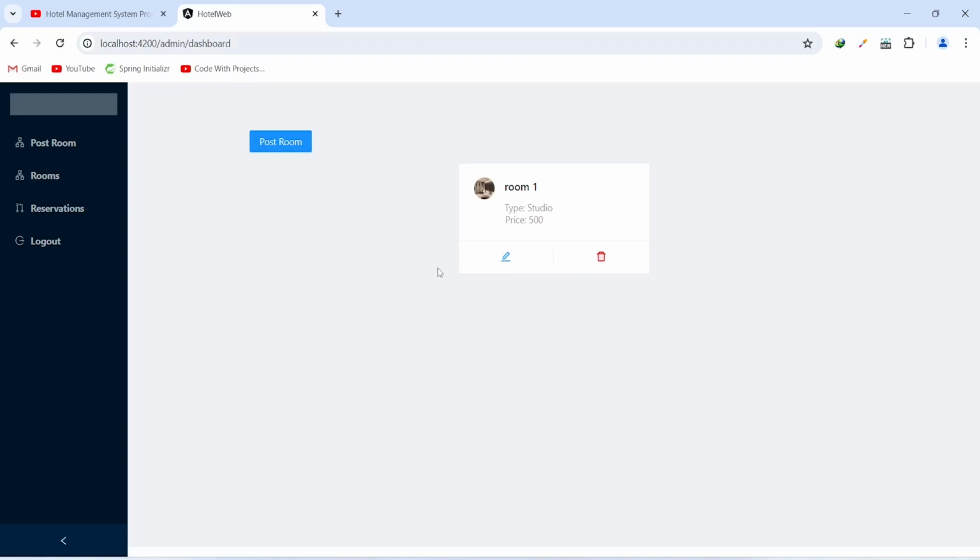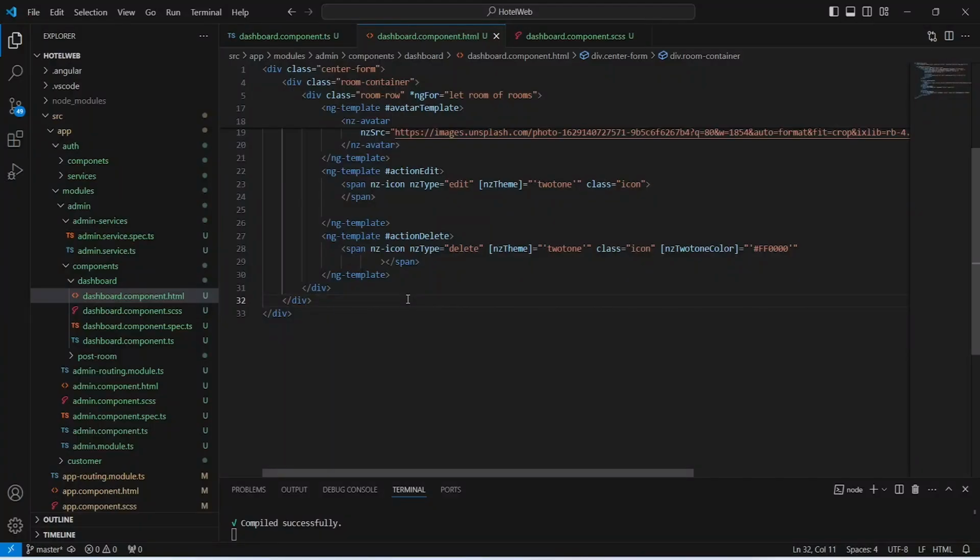And now let's go back to the Angular application and let's implement the pagination functionality. And in our Angular application, in the dashboard.component.html file, after this div, we will create another div and we will give it a class of pagination. And in this pagination div, we will create NZ pagination. And after this, we will give NZ page index as current page, and after this we will give NZ total as total, and after this we will give NZ page size equals to 1,